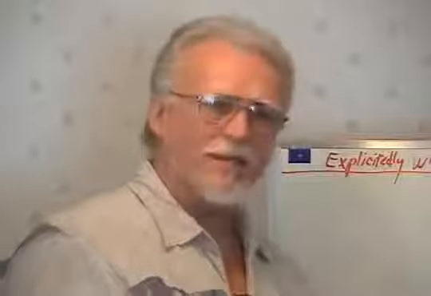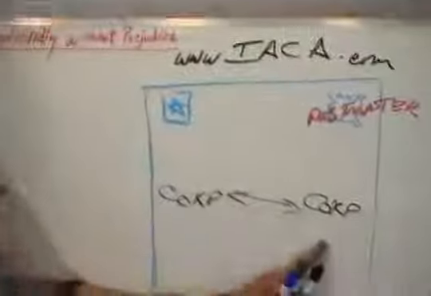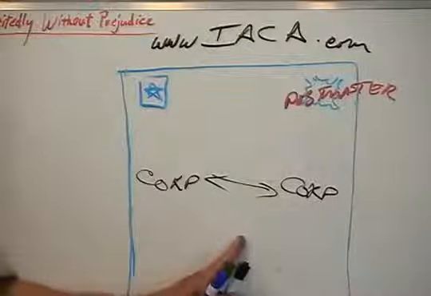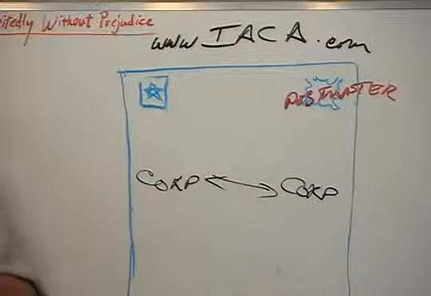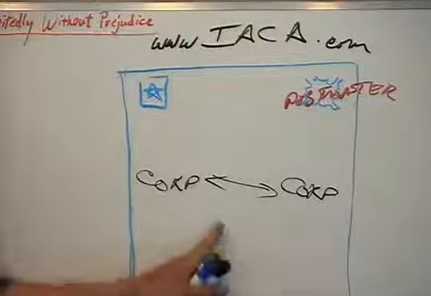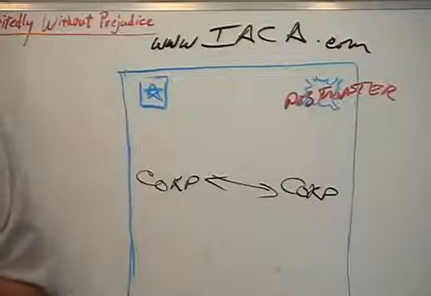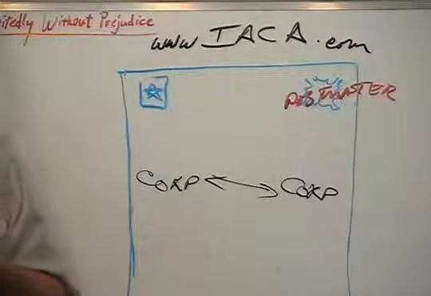The state says that fair market value is a buyer that doesn't have to buy, meeting a seller that doesn't have to sell, and coming to an agreement of a price. Let's say the real estate market's a little slow, and they come in and say, your property is worth $100,000. And you say, thank you very much, I accept your contract. And close your check. The city just bought your house. Or that particular agent just bought your house.